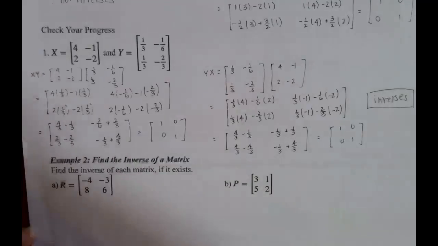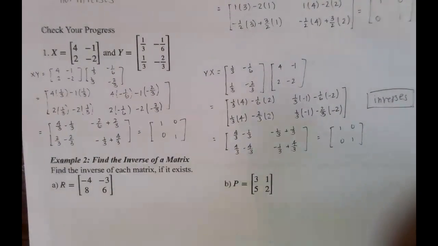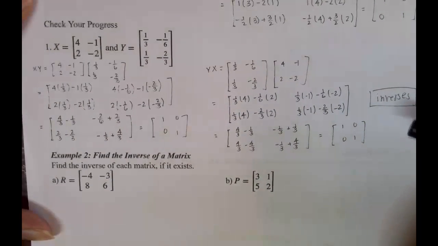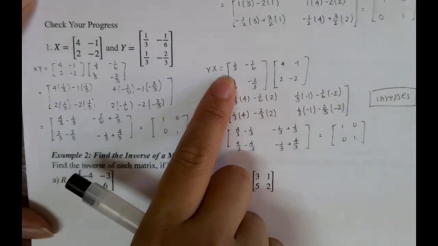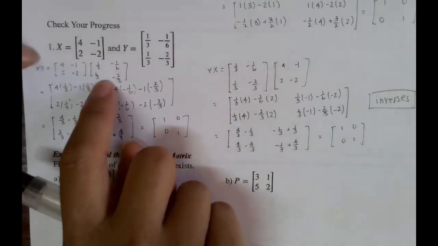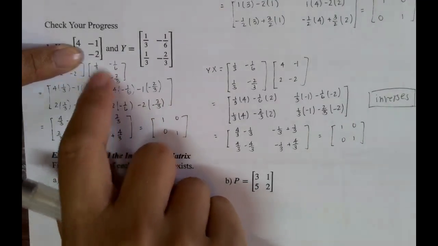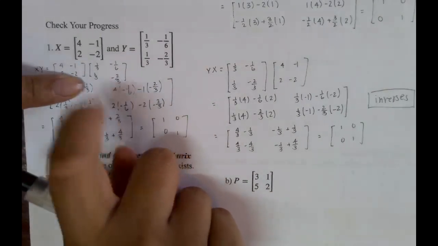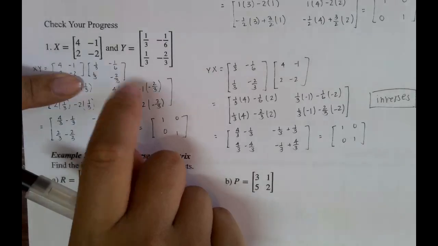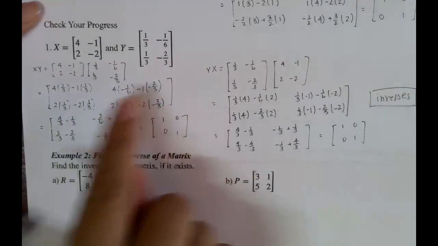answer when you're done. Okay, for Check Your Progress 1, you should have gotten that they were inverses. If you got that, you can move on to the next one. If not, here is your explanation. Inverse matrices, when multiplied together, result in the identity matrix. So to check if they're inverses, I had to do x times y and y times x. I multiplied the matrices together, starting with first row, first column, and then first row, second column. Then I did second row, first column, and second row, second column. Then I multiplied,